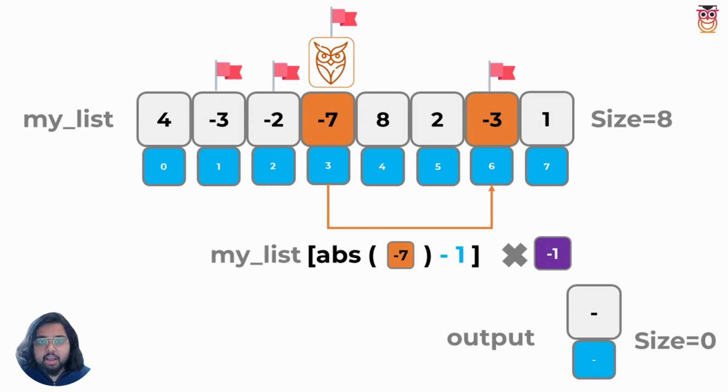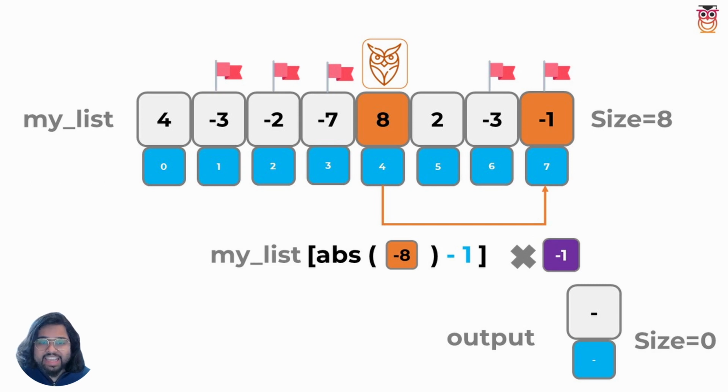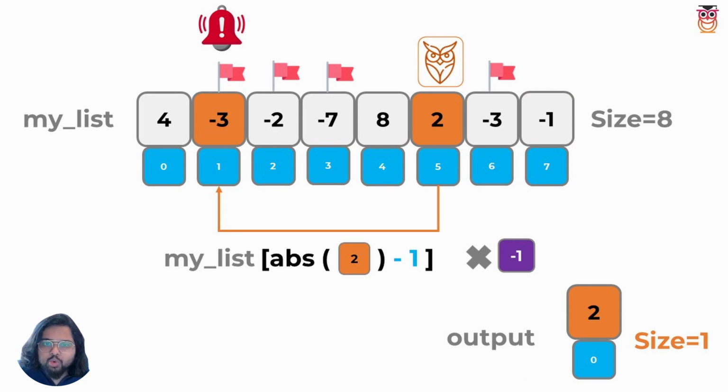When I see -7, I go to its absolute value list location at index 6, and I multiply that by -1, which makes it 3 negative, and I put a flag here. When I see 8, I go to its absolute value list location at index 7 and multiply that by -1, which makes the 1 negative, and I put a flag here. Now I'm seeing that the 2 is repeated. I go to its absolute value location at index 1, and before I multiply that by -1, an alarm goes off because there's already a flag here, which means it was negative before, telling me that I will be doing multiplication by -1 twice. This means that 2 was repeated, so I add 2 to my output list and leave